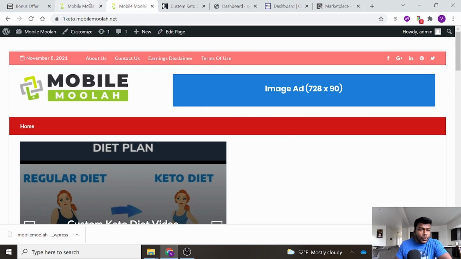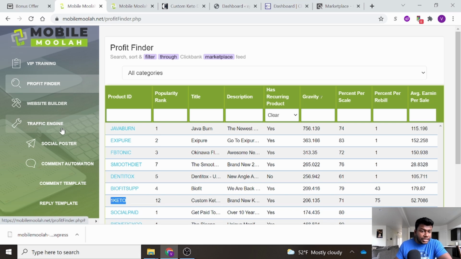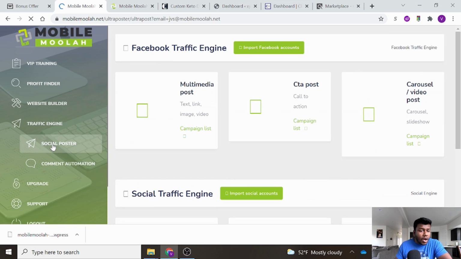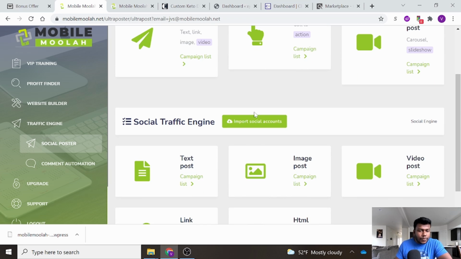And also one more thing you have here in Mobile Mola is the traffic engine. You will be able to post this to multiple social media platforms and get more organic traffic. So all those things you will be able to do from here, and get more organic traffic.